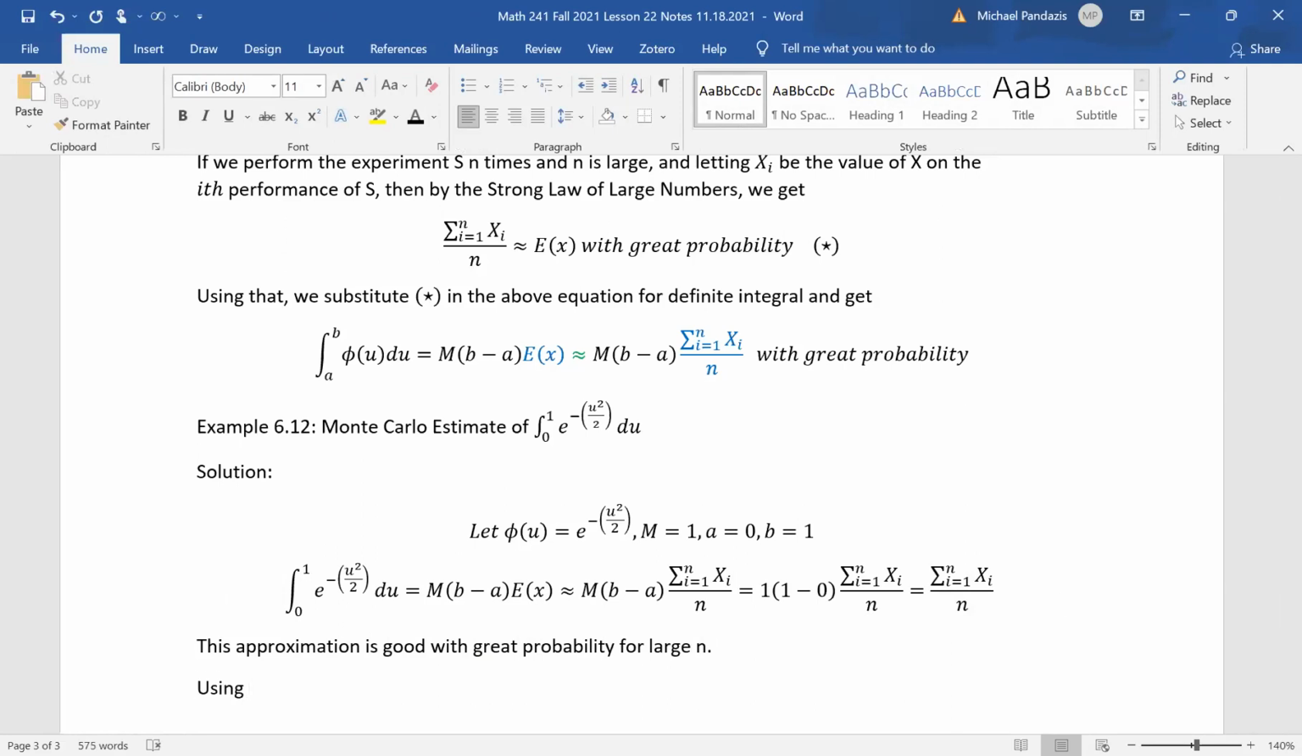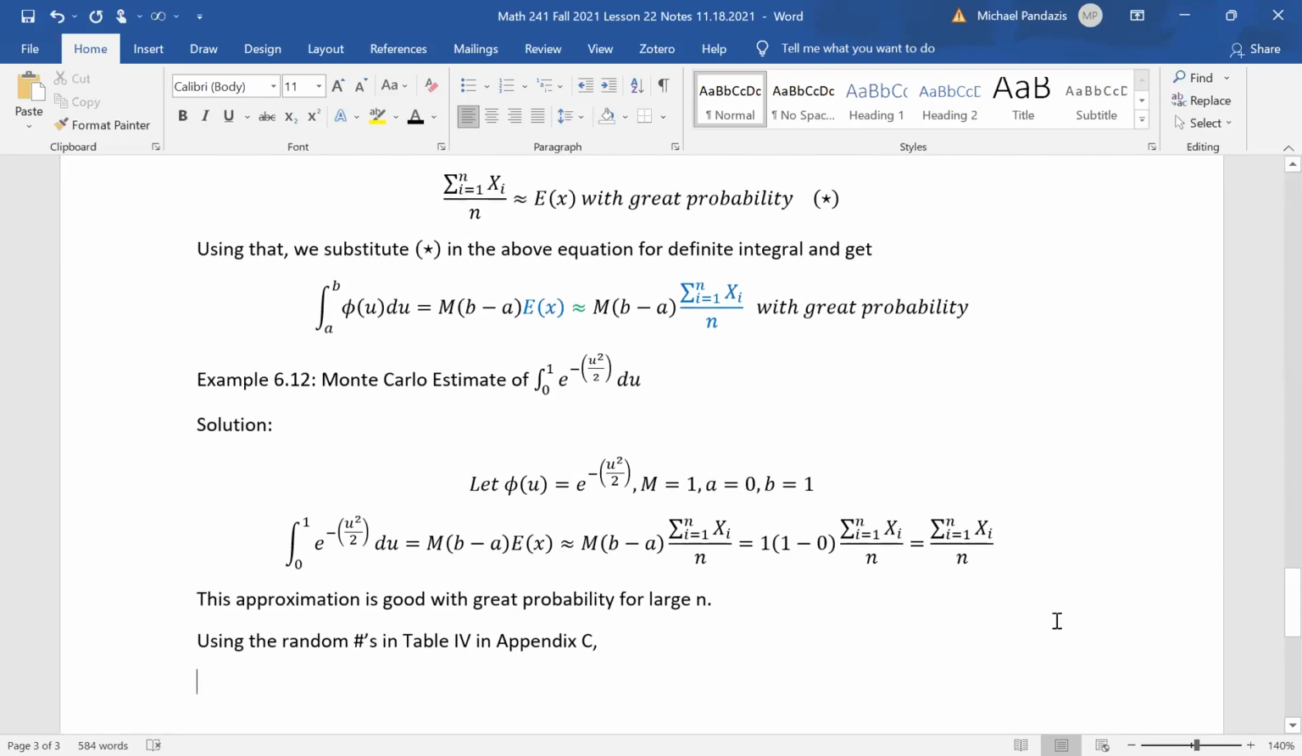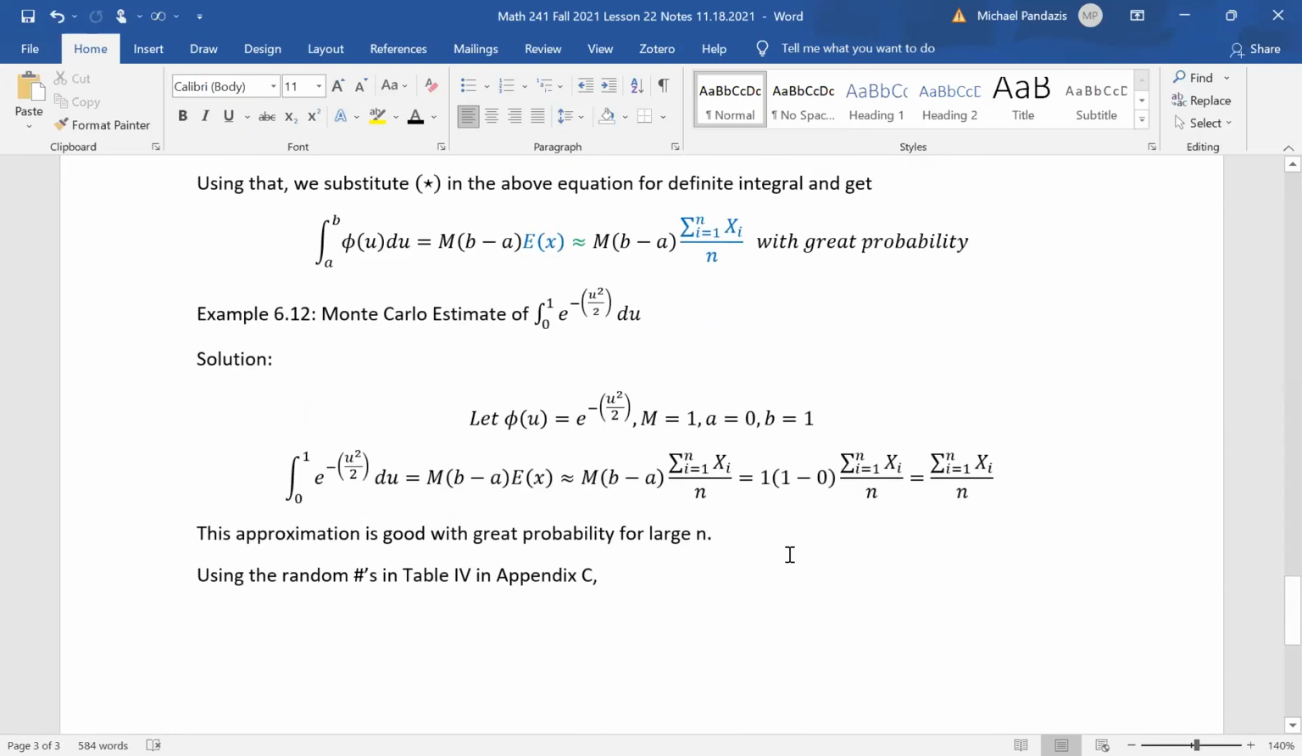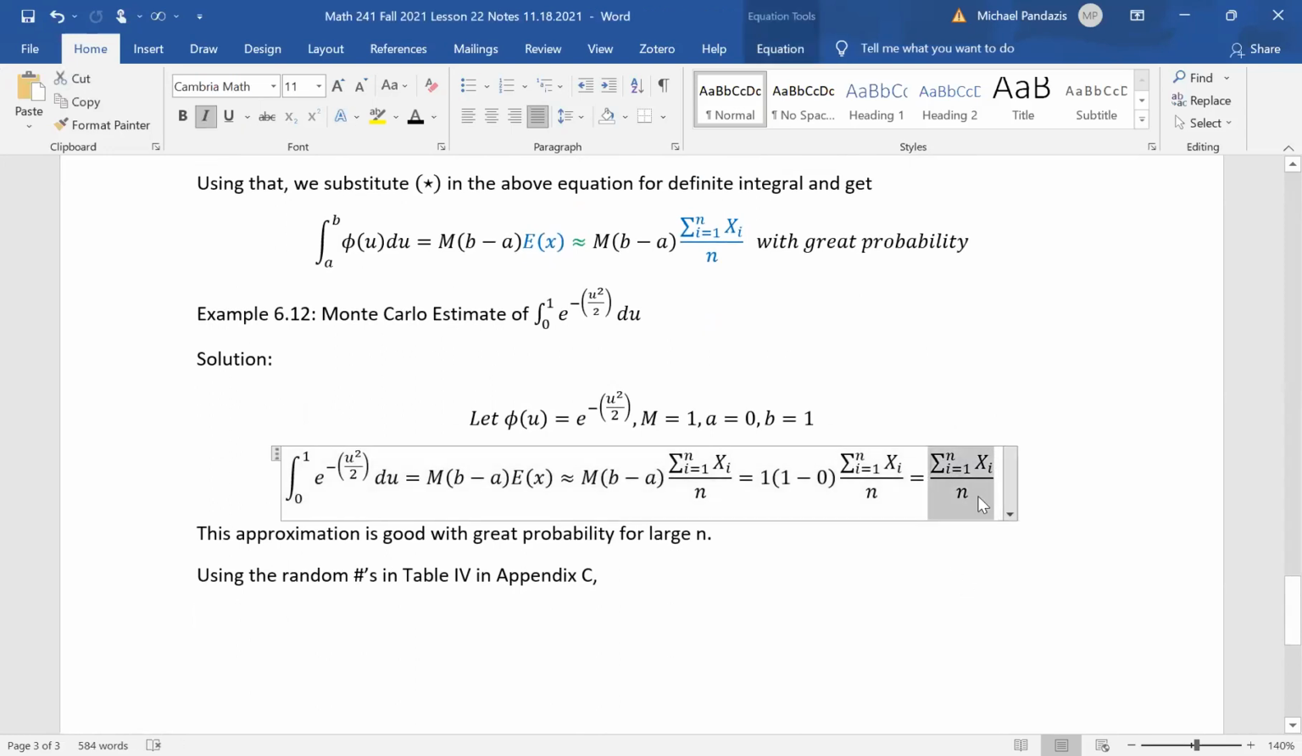So there's a random number table in the book, which I'm not going to ask you to use, but using the random numbers in the book, it's Table 4 in Appendix C. It's part of the book. What it does is it gives you data on what would happen if somebody chose points at random. It generates results of that random choice of points. So if you were to do this experiment where